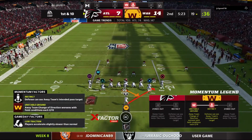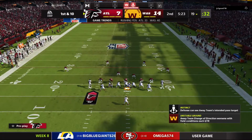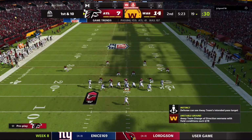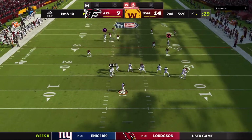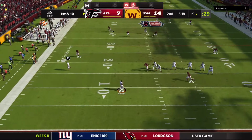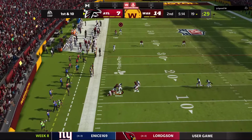About set to begin their next drive, the Falcons offense at the line. After the long touchdown drive we just saw, you wonder if maybe that's taken a little of the wind out of this offense's sails, because they had it going pretty good last time, too. Had to sit over there for a little while, didn't they? You know, they were eager, amped up to get back on the field after just scoring, hoping to get...